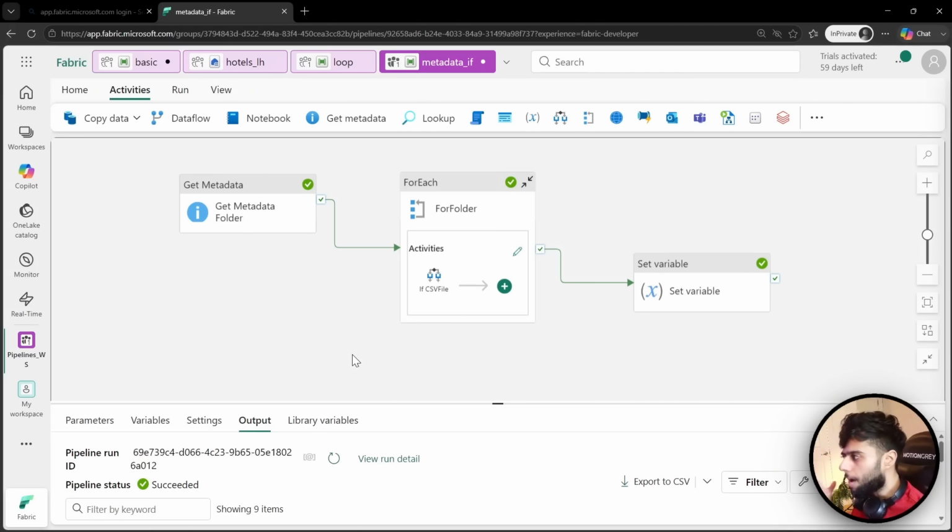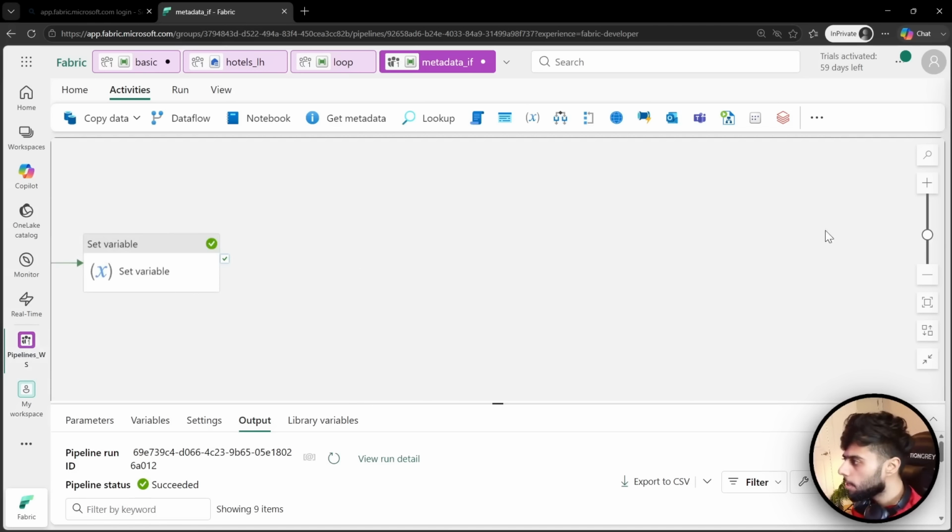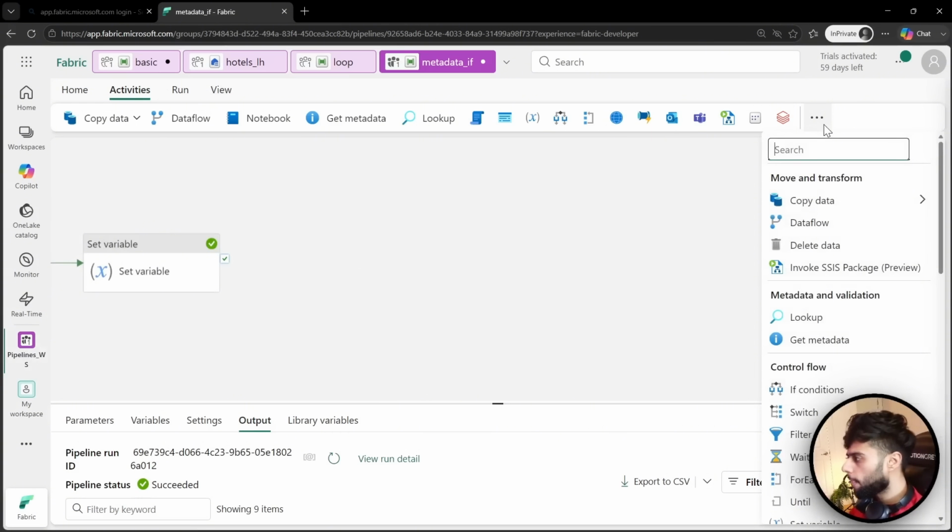Now, let's talk about some outsider activities as well. What are outsider activities? First of all, let me open the drop down here, or let's play around. To be honest, we have covered those activities which you will be using 80% of the time. Yes, 80% of the time. 10% you can explore while performing things. 10% more you can rely on the documentation, because they are totally relying on outsiders. For example,